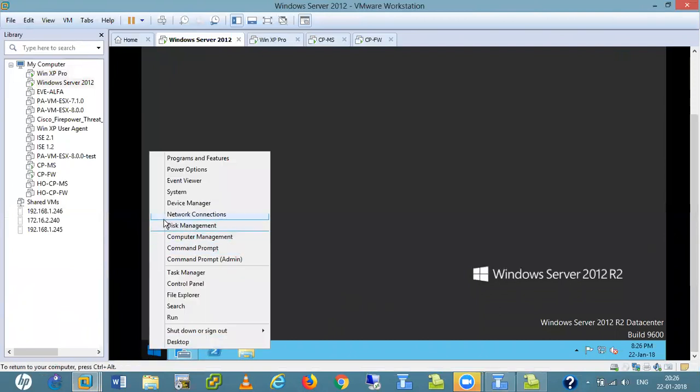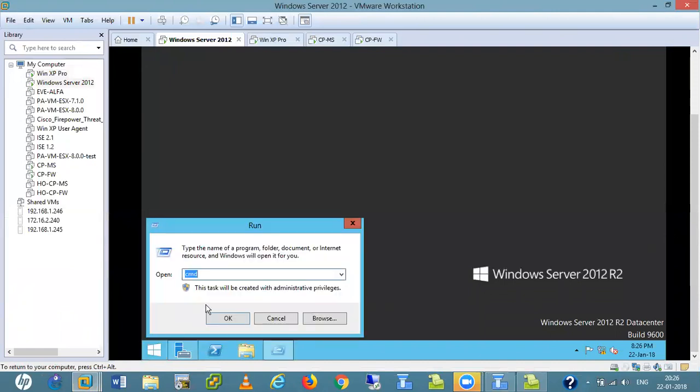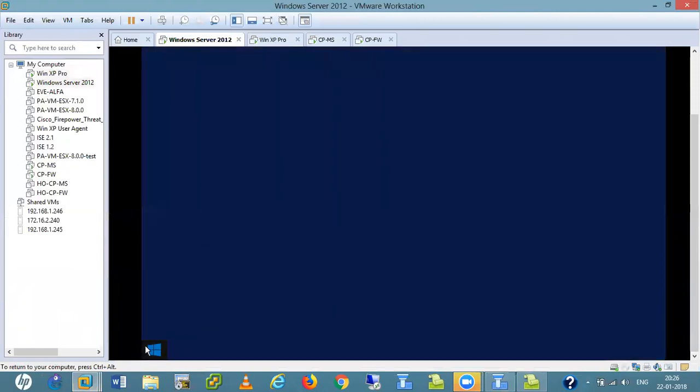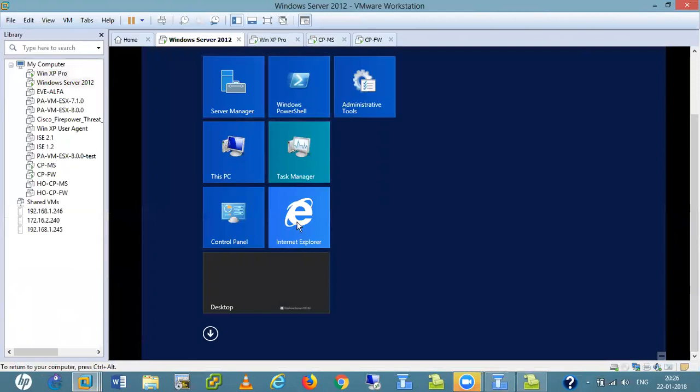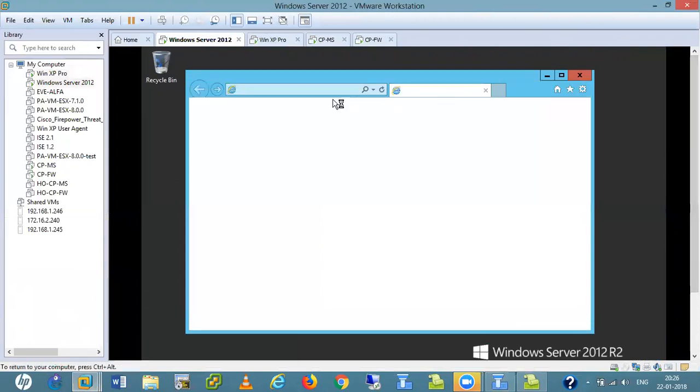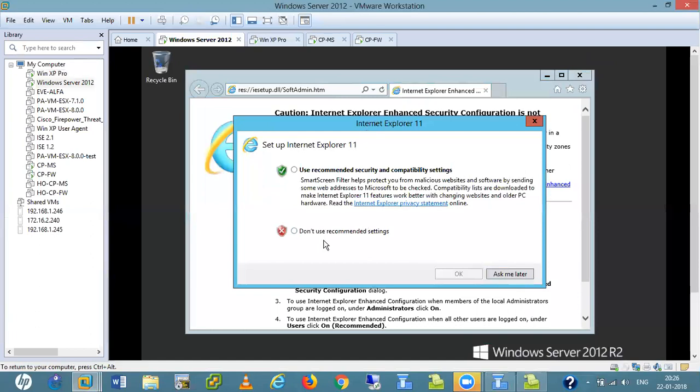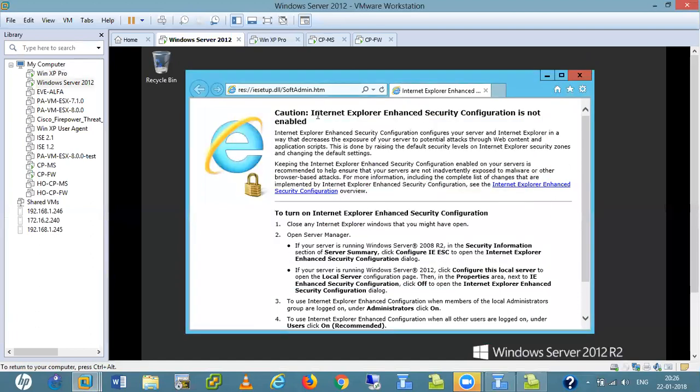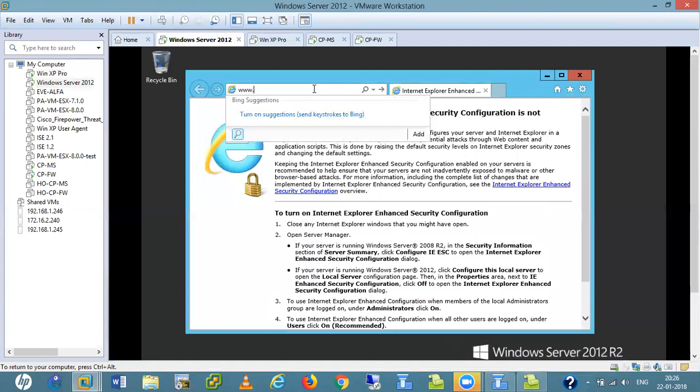let me open Internet Explorer. I don't know if Internet Explorer will work or not, but it generates some traffic because it's very old. www.facebook.com.